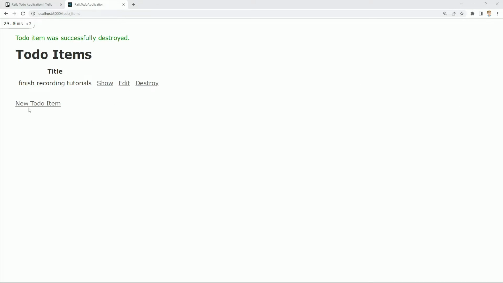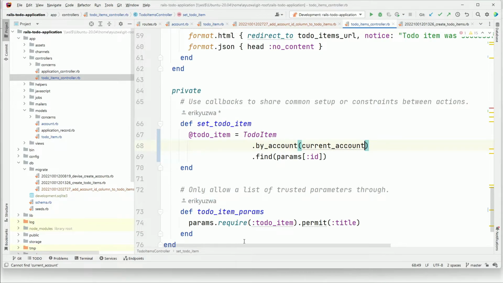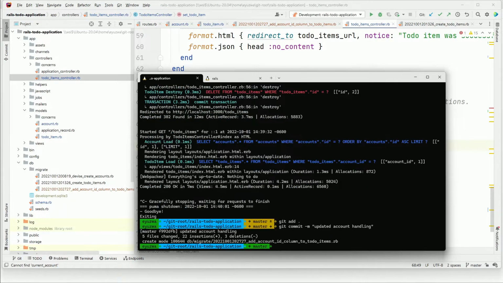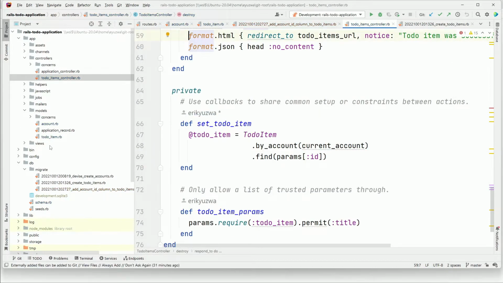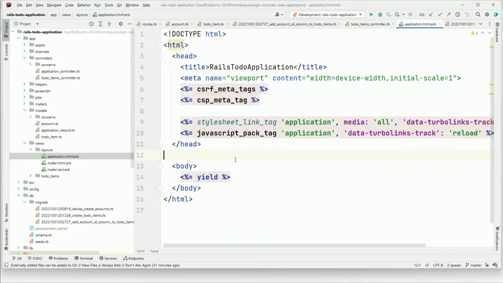Let's go ahead and create some way to log in, log out, and register users, basically update the CSS layout of this application. So back in our Rails app, first let me just check this in. Okay, so if we go into views, layouts, application.html.erb, this is sort of the main HTML